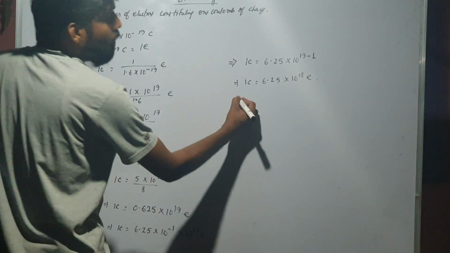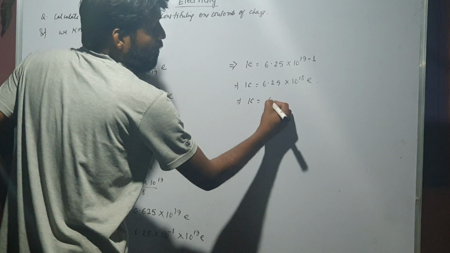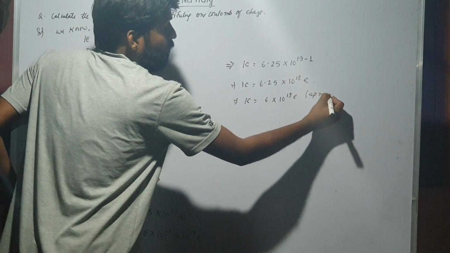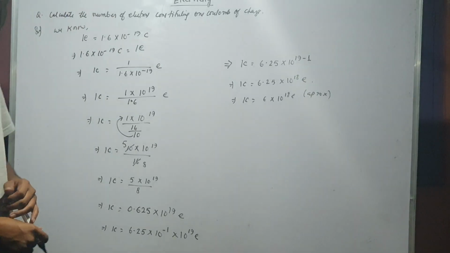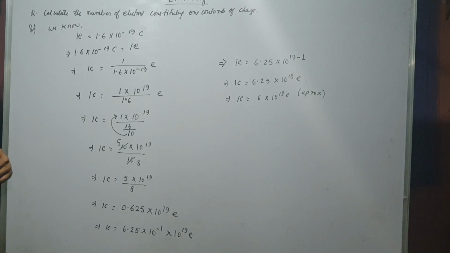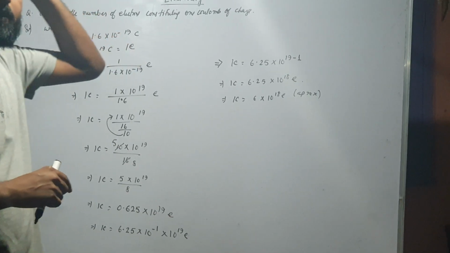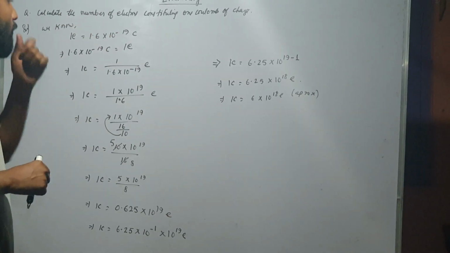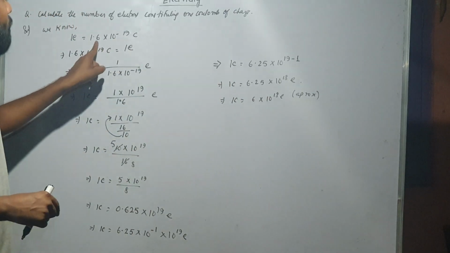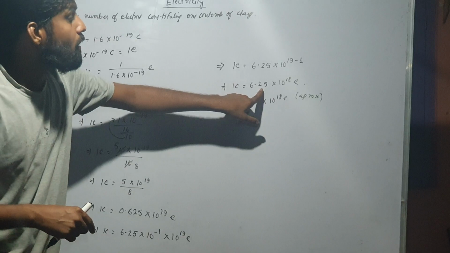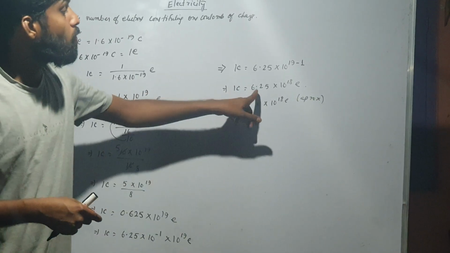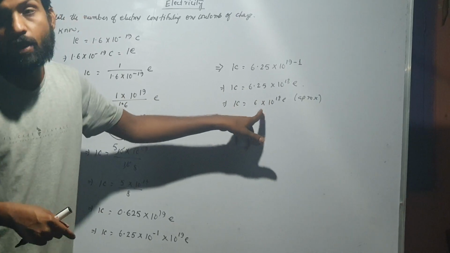Okay, but in our book what they have given here is 1 coulomb is equal to 6 into 10 to the power 18 electron. You can write approx. Now why are we not getting the exact value here? Because this very particular thing, it is not 1.6. It should have been 1.67. If we would have taken 1.67, then we could have gotten exactly 6 here. Since they have taken only 1.6 here, that's why we are getting a fluctuating answer, that is just 6.25. But it's not a problem. 6.25 can be written as 6 into 10 to the power 18 electrons.